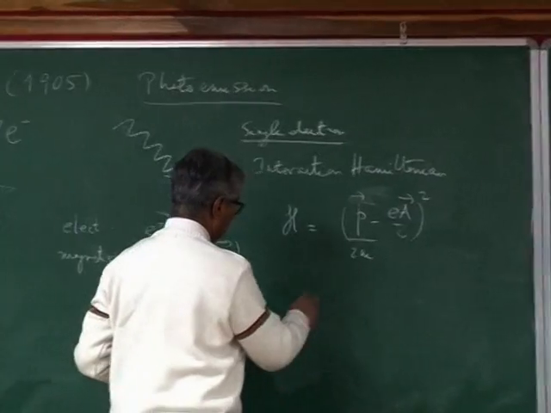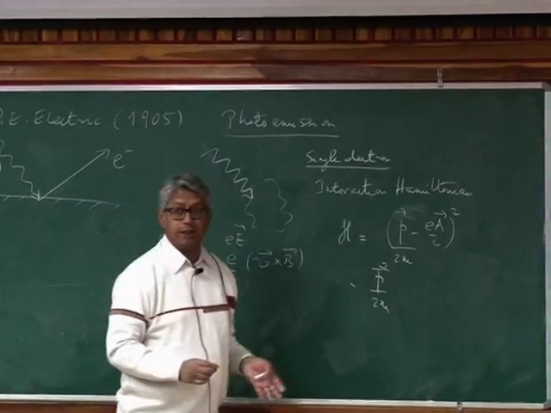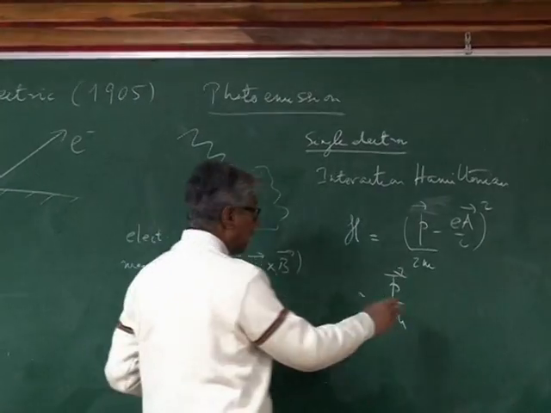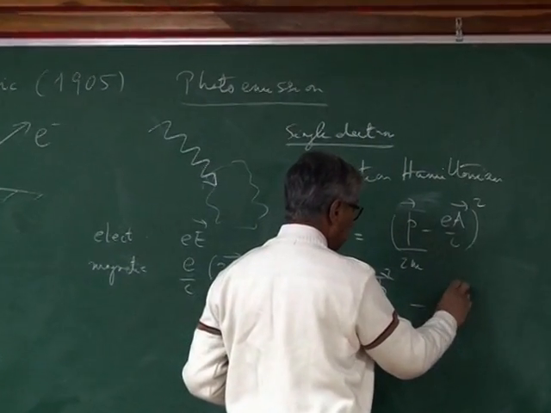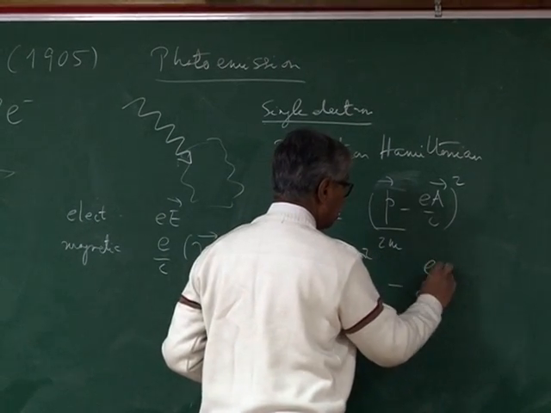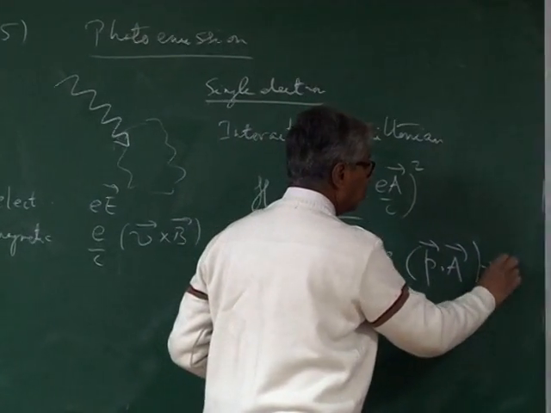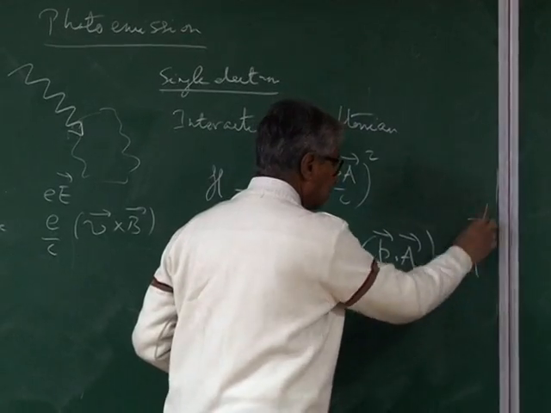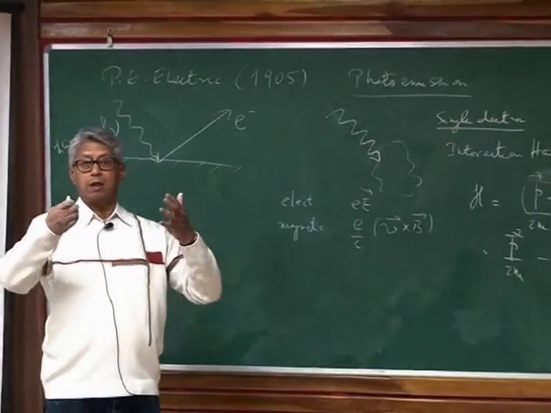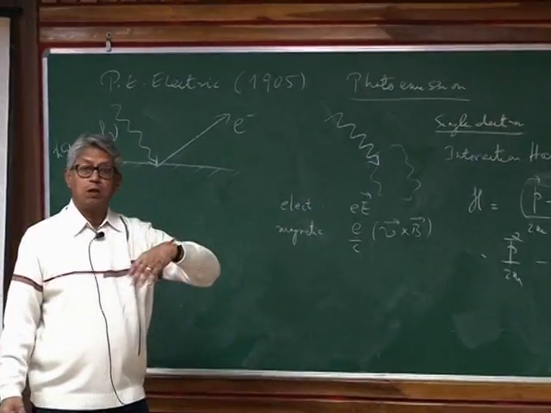Now you expand it. And you get this term, which is the free kinetic energy of the electron. They're freely moving, let us say. Okay? And you have terms like e by mc, p dot A, and a term which is quadratic in A. Now it is this term that you drop because of what I said, linear response, linear absorption, you shining a beam of photons on the electron system, and you want to only look at